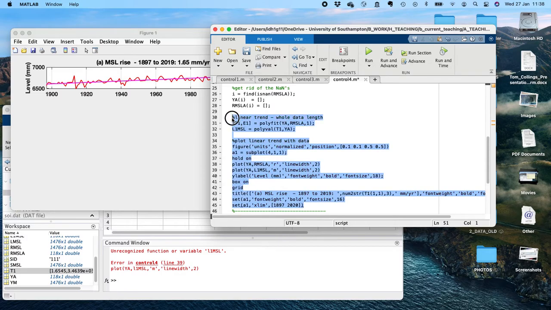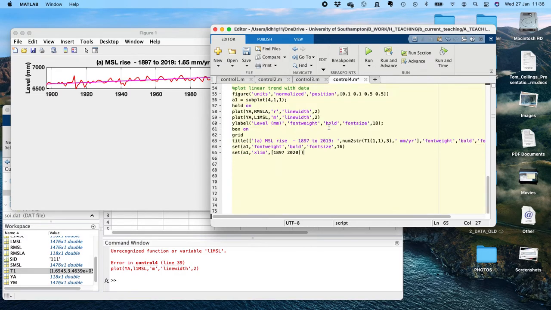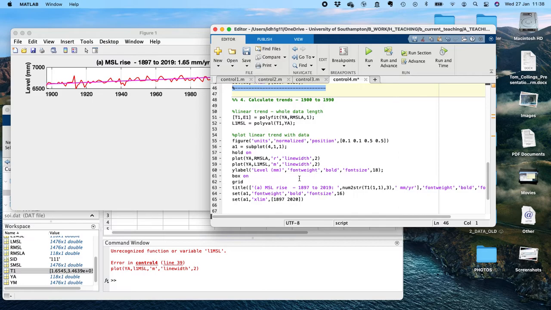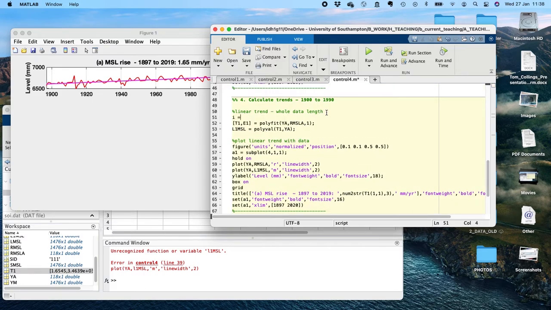So what I'm going to do is I'm actually going to cut and paste all of this code. But now, rather than fitting a trend to the whole period, we could use the find function to just find a particular period. So we could find YA that is greater than or equal to, sorry, 1900 or 1901. I don't think it's going to make too much difference. And YA that is less than or equal to 1990. And then here we can fit the trend